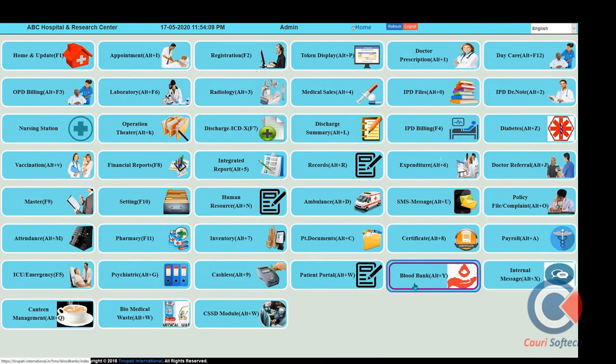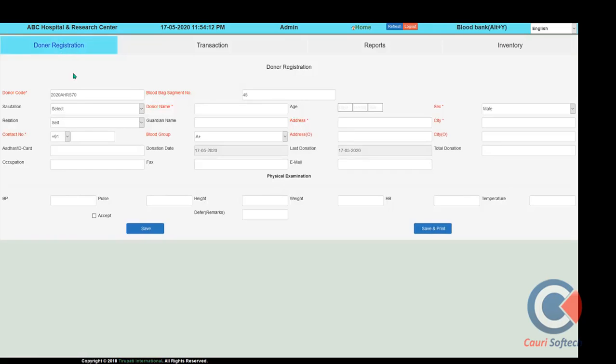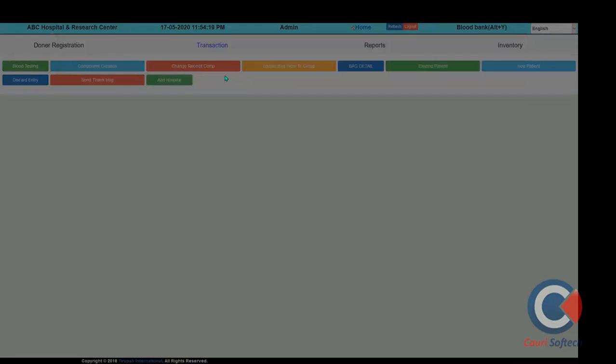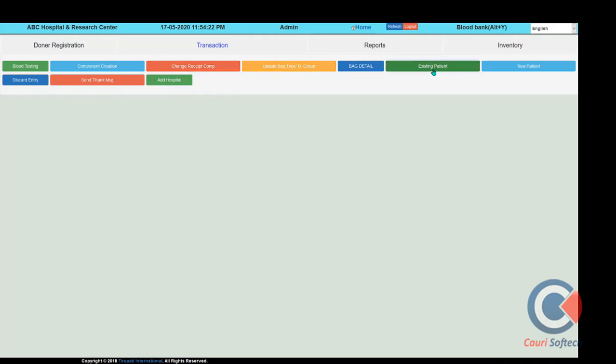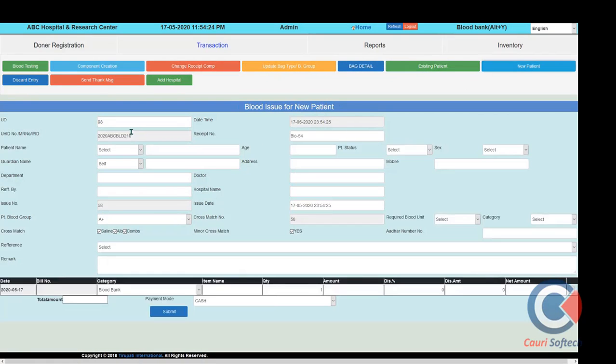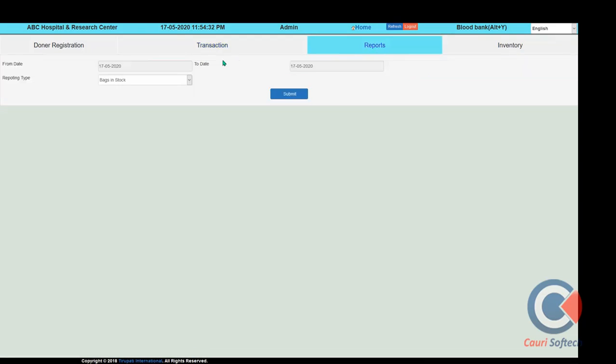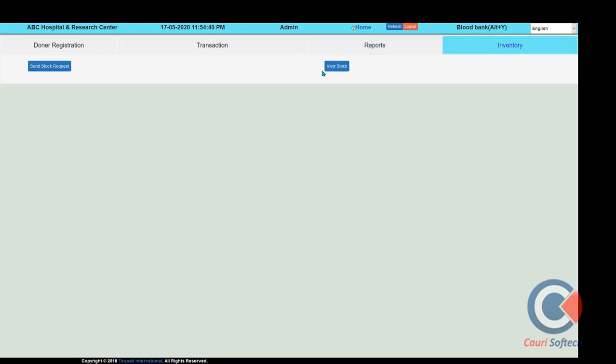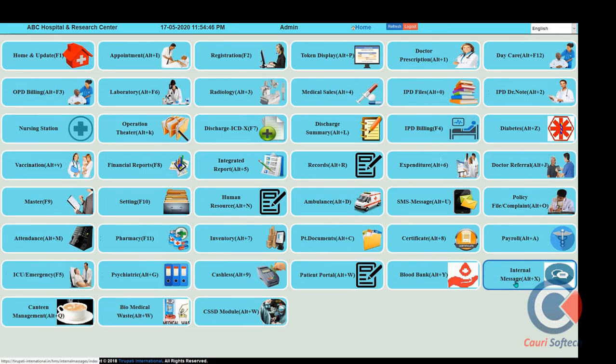After that you can see the blood bank module. In the blood bank we can create a donor profile entry. After receiving blood, we can make a testing entry of the blood received from the donor, and after component creation we issue blood supply to existing and new patients. After blood supply we also have to generate a blood acquisition form, donor consent form, and report of the blood. Of the different types of reports, we can access the blood stock report date-wise, with group-wise inventory, and the blood stock information can be accessed there. For more, we will discuss in a specific blood module.